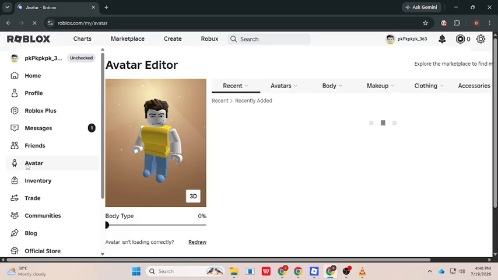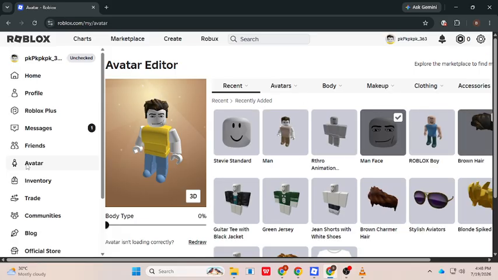And that's how to customize your Roblox avatar. With just a few changes, you can create a unique character that reflects your personal style while exploring millions of